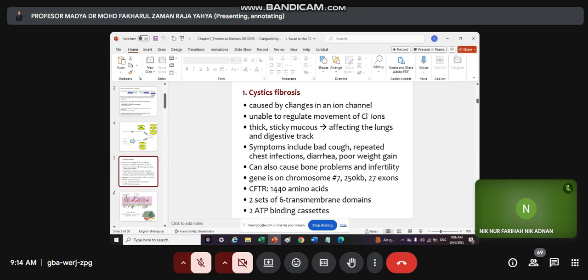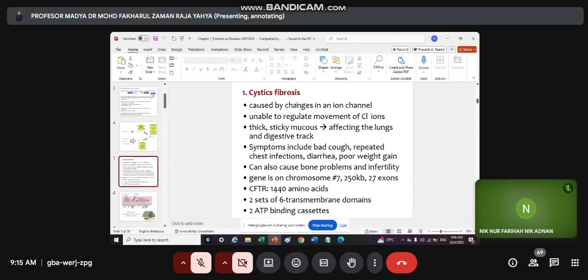Okay, in cystic fibrosis, we can see problems like mutation in a specific protein, namely CFTR protein, cystic fibrosis transmembrane regulator protein. So mutation in this protein or any damage, any defects happening on this protein can lead to cystic fibrosis disease,